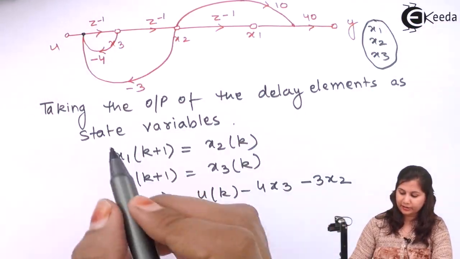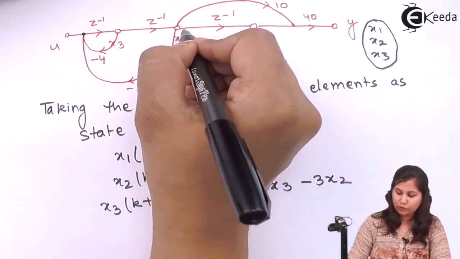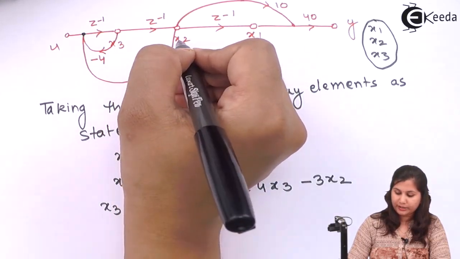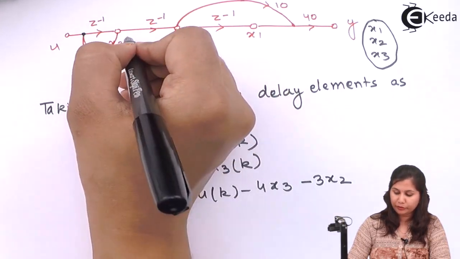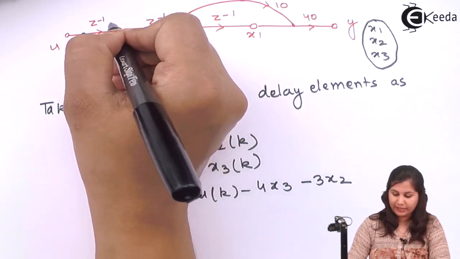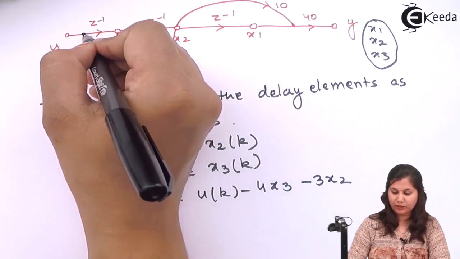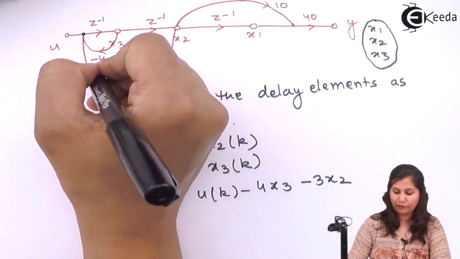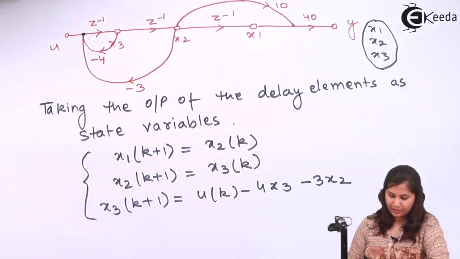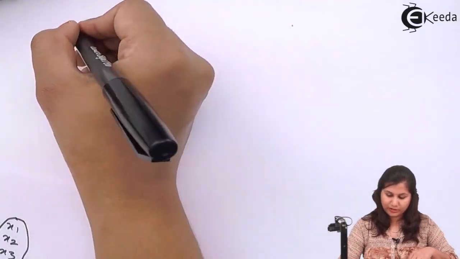So we will write the equations like x1(k+1), this is x1, so input will be x1(k+1), and this is x2. Now this here output is x2, so input will be x2(k+1), and this is equals to x3. Now x3(k+1), here output is x3, so input will be x3(k+1), and it is equal to the sum of these three inputs. So we have written the equations. Now through these equations we will derive the state model. So state model will be